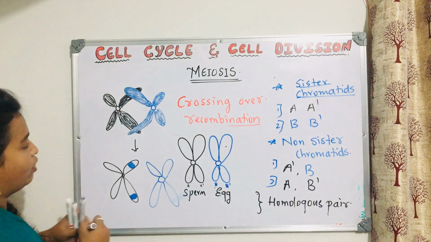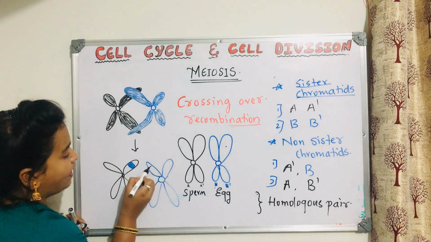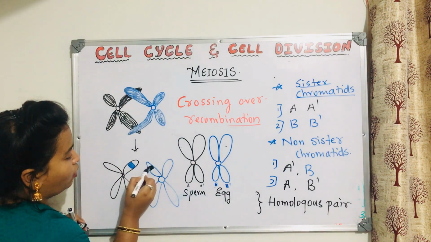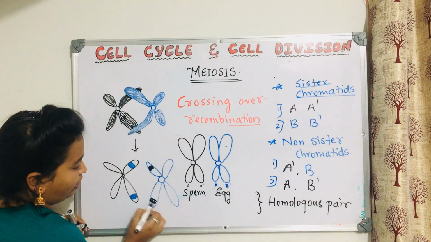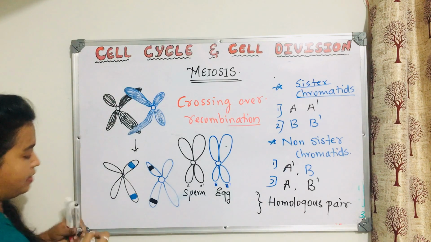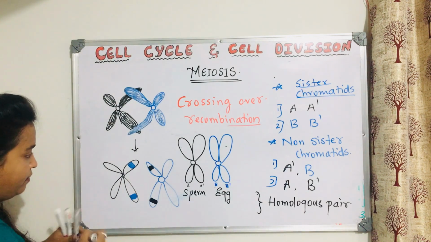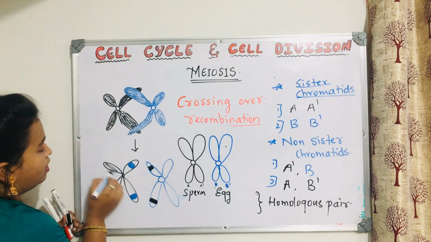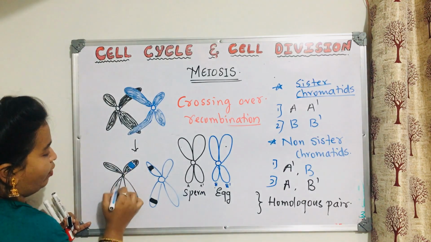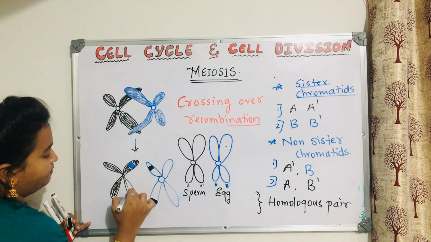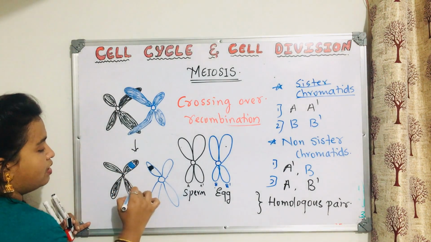Same thing you will find here also. These genes have been copied by this, copied in the sense completely gone to this one, like this. Are you understanding this one? Yes. So once the crossing over is done, then you will find this type of thing,